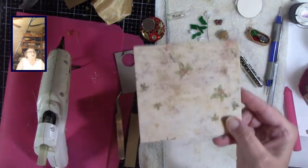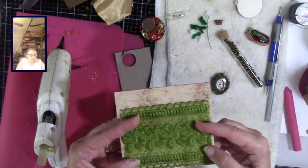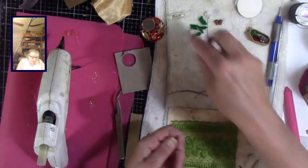This is the bottom. This is the room, the space I have, and I thought this kind of looked like a nice area rug for Christmas. So I'm also kind of